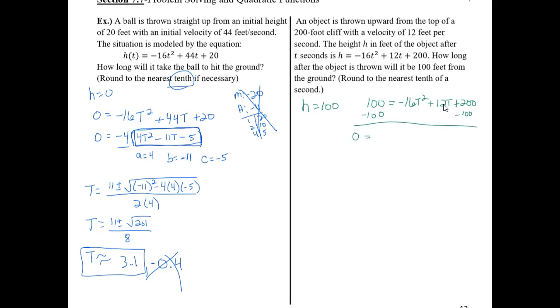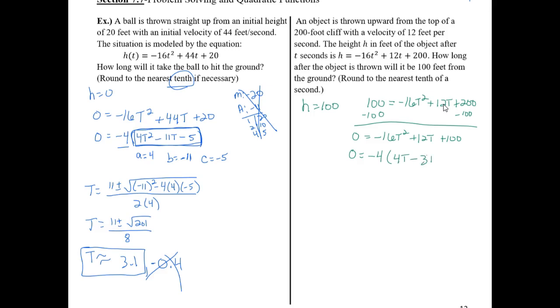So 0 equals negative 16t squared plus 12t plus 100. 200 minus 100 is 100. I'm going to pull out the GCF first. So I notice they all have a 4 in common. Our leading term was negative, so I'm going to take out a negative as well. It's going to leave us with 4t